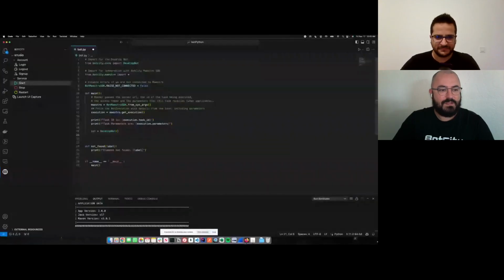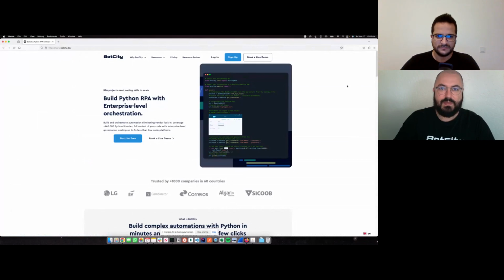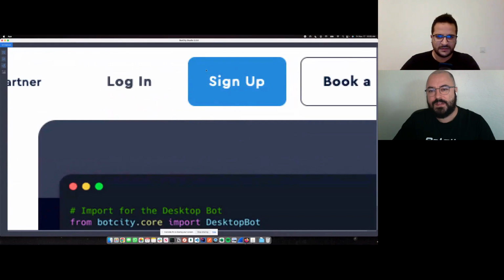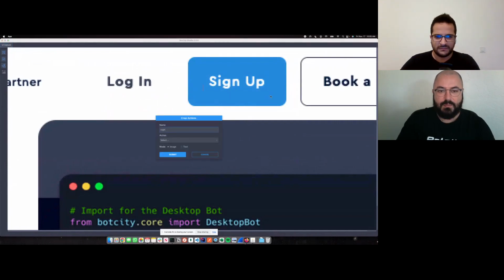So I'm very excited to show you now what the future of BotCity Studio is going to be. Let me share my screen and show you a very nice new development we have coming soon for you. Now on the BotCity Studio, you're going to have the BotCity plugin, which will allow you to seamlessly integrate with your code. Let's suppose I have here my code for a simple desktop bot, and I want to capture directly from Firefox. I can simply press the print screen button on my computer, and suppose I want to interact with the sign up button. I can just say sign up, decide that I want to do a click, exactly as we did before,